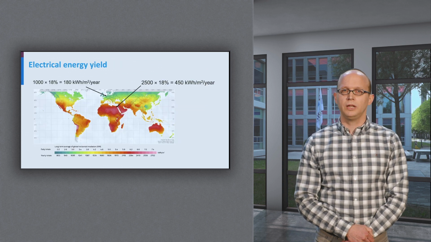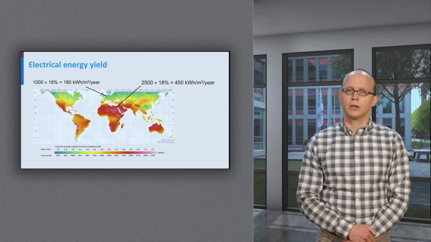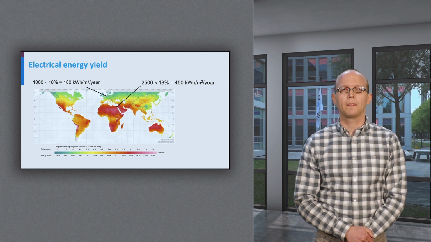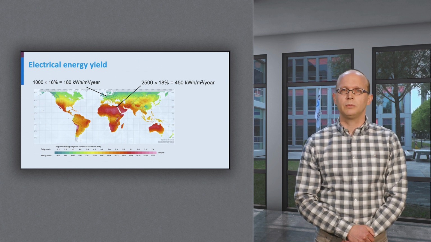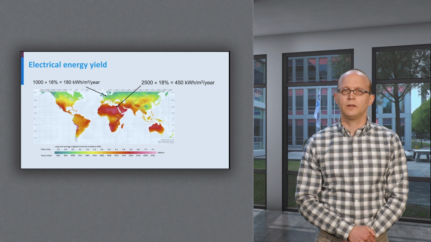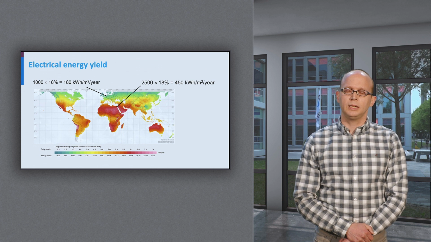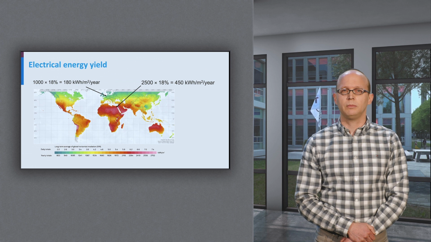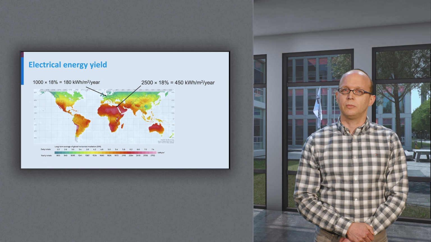We saw in the previous video that the annual irradiation on Earth ranges from 1000 kWh per square meter for temperate climates up to 2500 kWh per square meter for subtropical areas. If we then assume a system efficiency of 18%, we find that the PV system can generate between 180 and 450 kWh per square meter per year. The generated electricity can be used for any application, but in the context of this course, an important application can be powering a heat pump to generate heat, which will be covered in a later video.